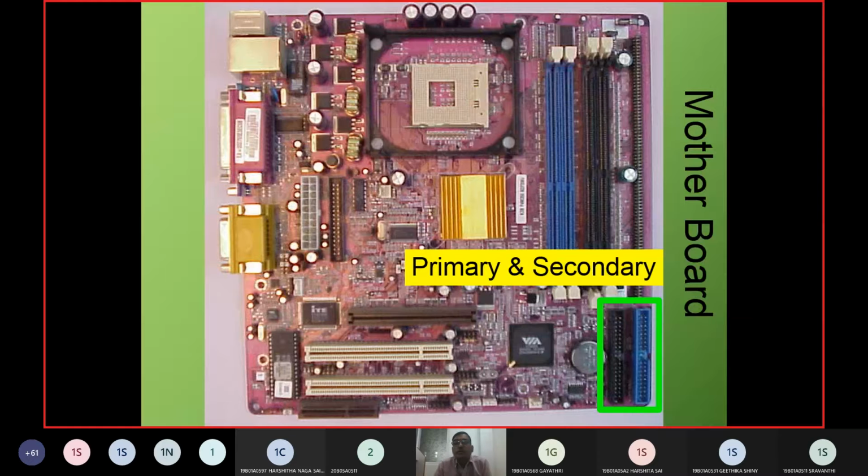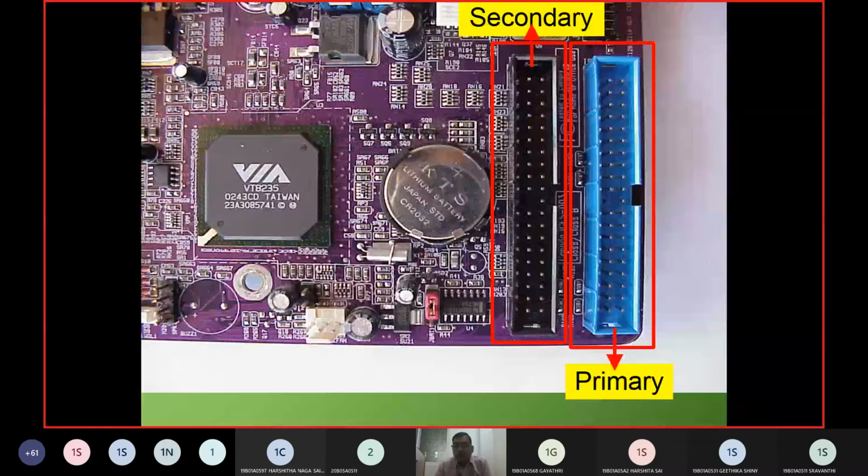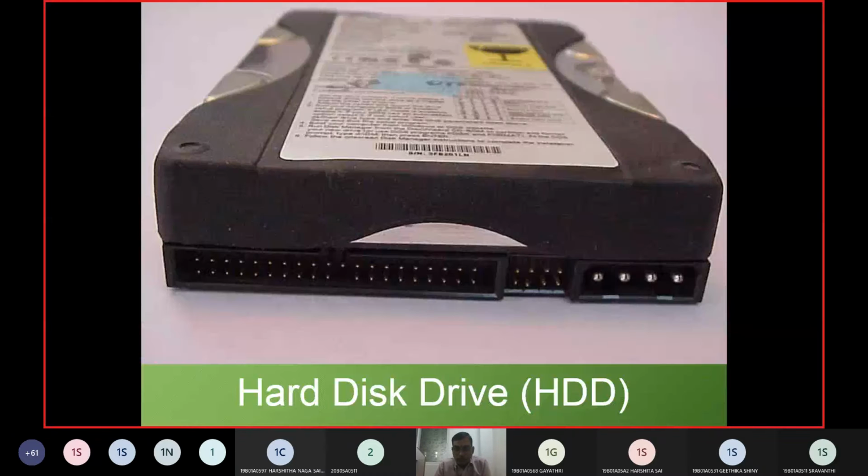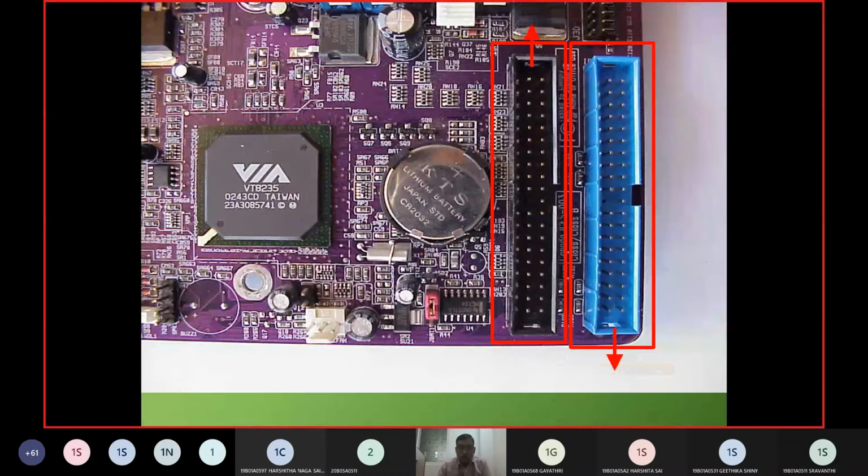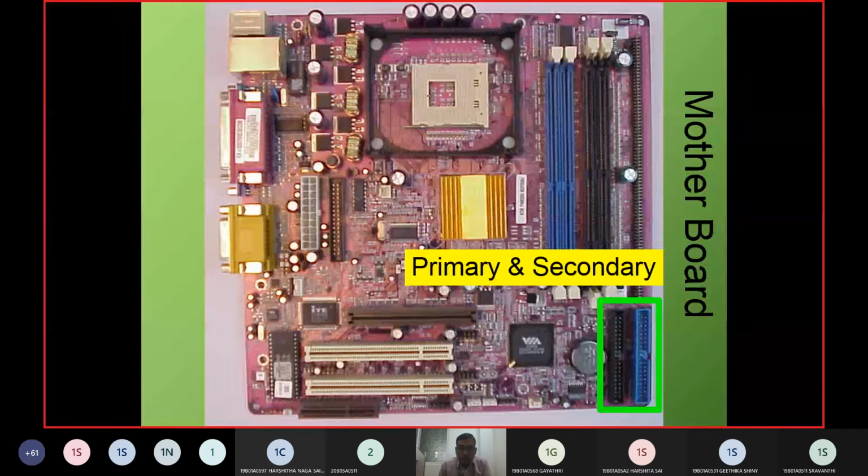Fine. Next comes what we are going to look at, the primary and secondary. At this motherboard, we were talking about the CPU position. Then we talked about the random access memory positions with the SDRAM and the DDR RAM. Up to now, we have talked about that. Next, just as we have a memory card in a mobile, we will have the C drive, D drive, E drive and F drive on our hard disk.